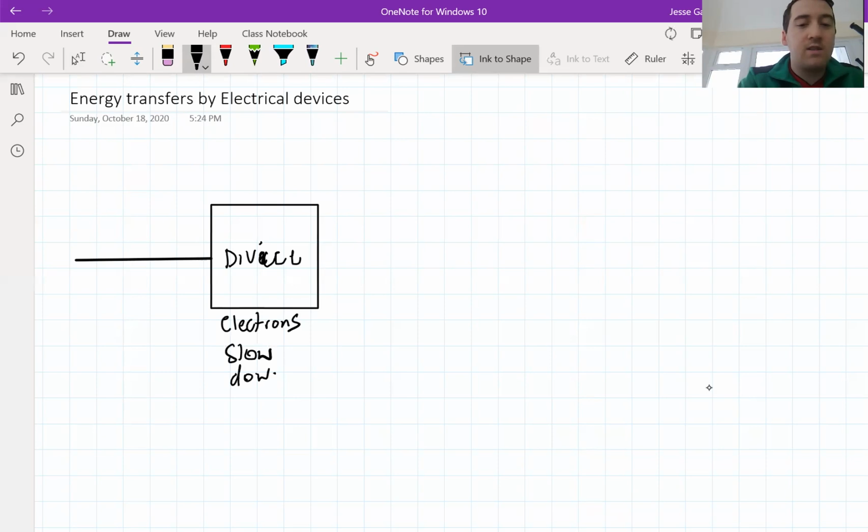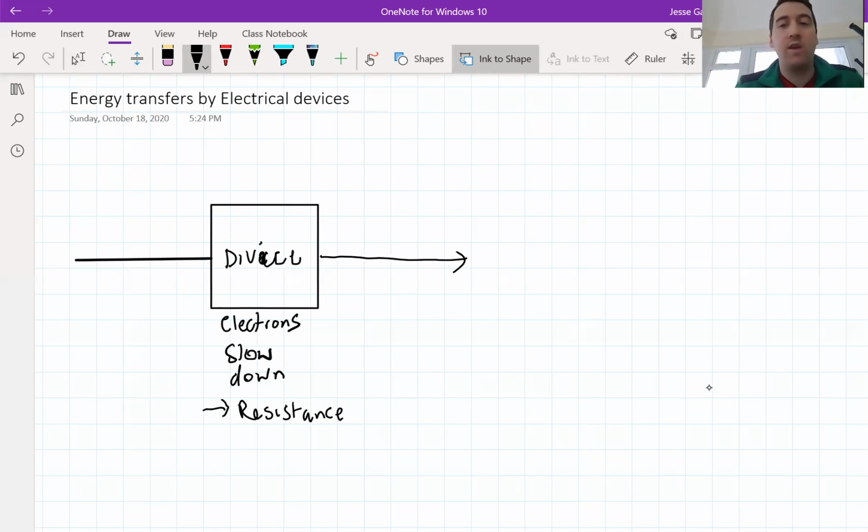So that's what devices are. They provide a resistance to the circuit. Because the electrons are slowing down, we call this a resistance. So the device supplies the resistance in the circuit. Now the electrons will keep moving, because if they can't keep moving, then they won't flow